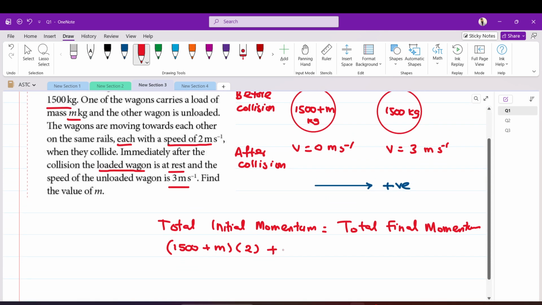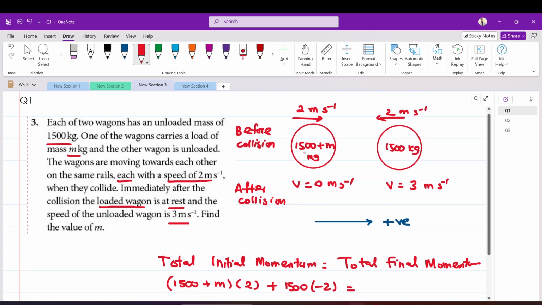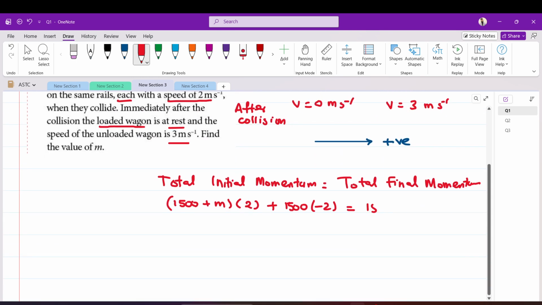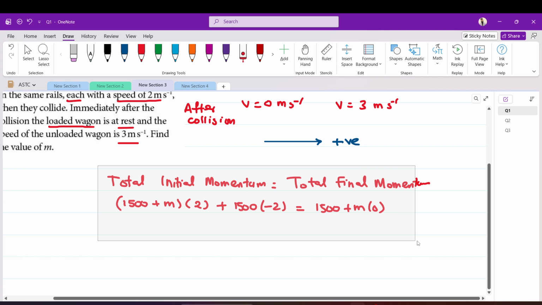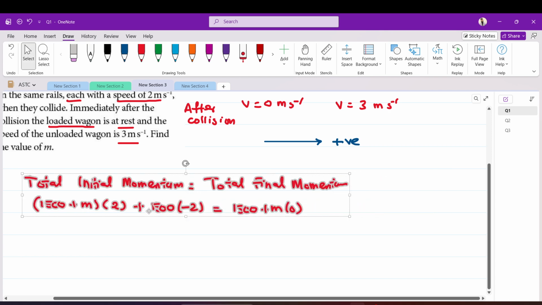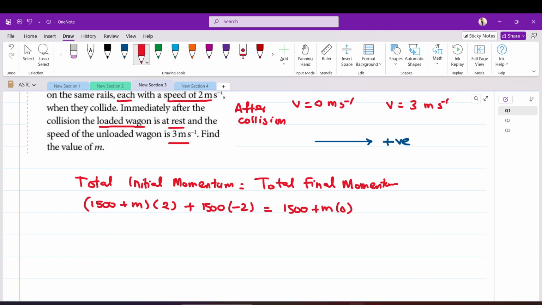So this will be plus 1500 times minus 2 equals, now the final momentum of the loaded one will be 1500 plus m times 0, plus 1500